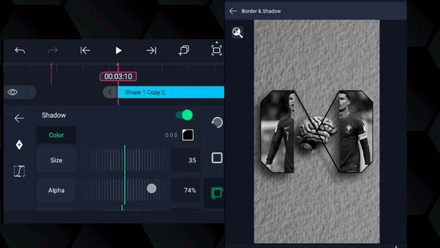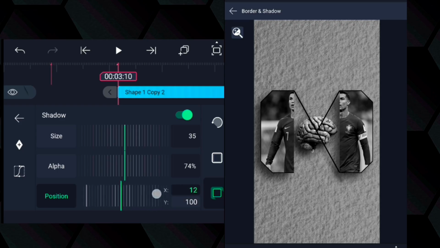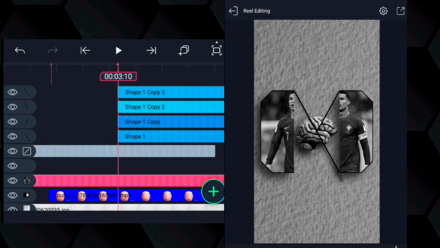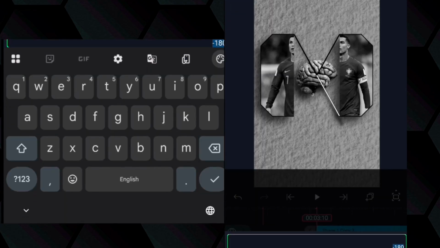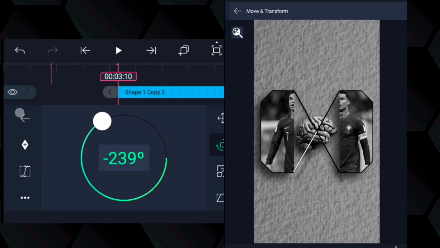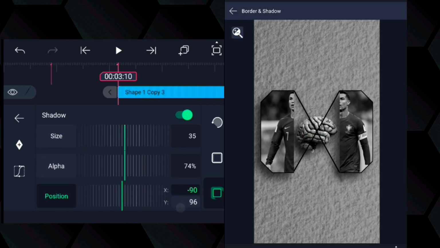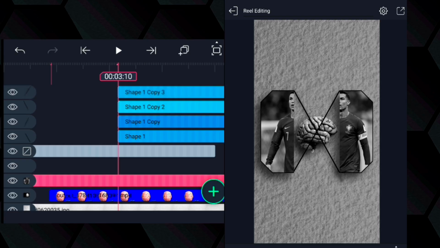Again come to shadow, adjust this portion of the shadow, then again duplicate the shape and again rotate it like this. And then now